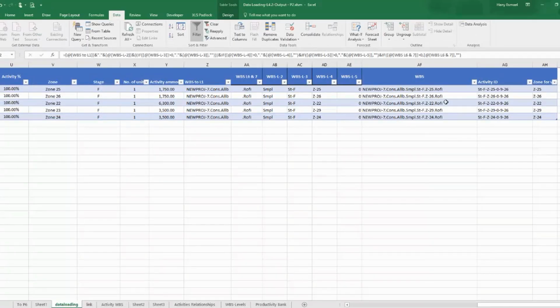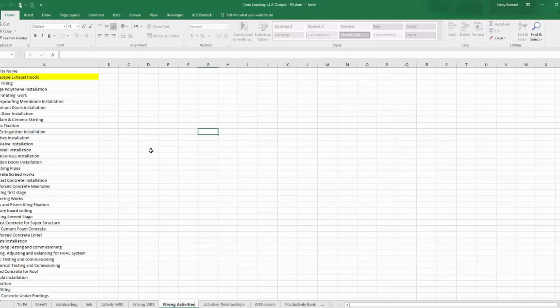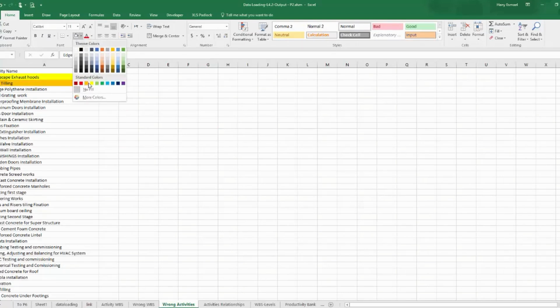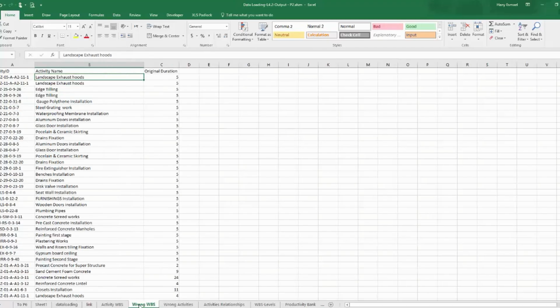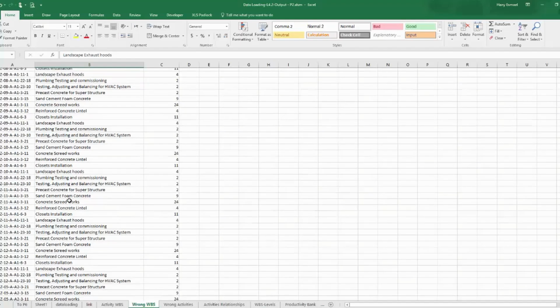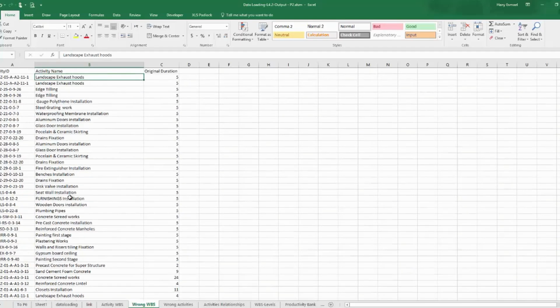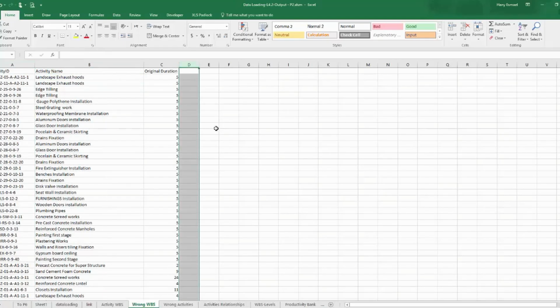Now what is stage F I have here? So I fixed this one. I need to fix this one as well. I fixed it already. I need to fix this. I have to fix all. Then after this I just copy paste these values only. I don't need to copy all the values I have. How can I find them? I'll VLOOKUP with the activity ID and I'll find the new or the correct